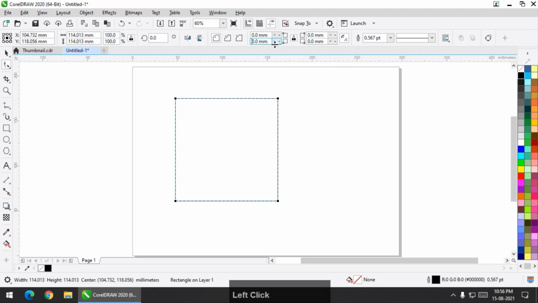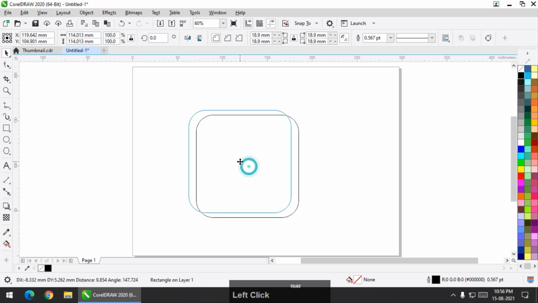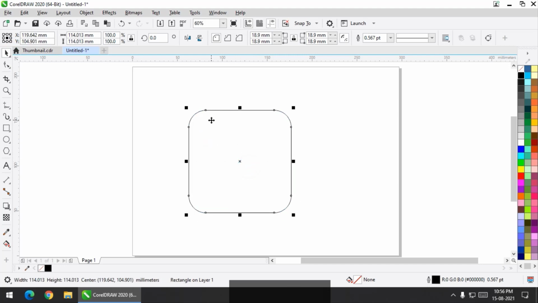The value doesn't really matter, but just remember one thing: if you keep the value on the lower side, then the ring you create will be thicker, and if you keep the radius on the higher side, then the ring will be a bit thinner. The only thing this depends upon is the roundness of the corners, whether you want a thinner or a thicker ring. It is totally up to you.